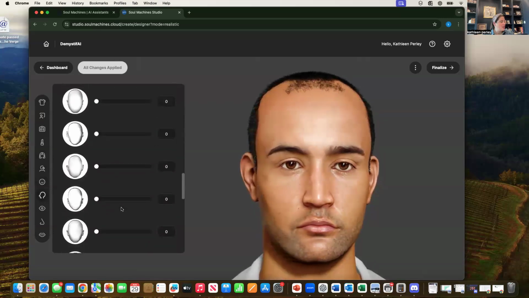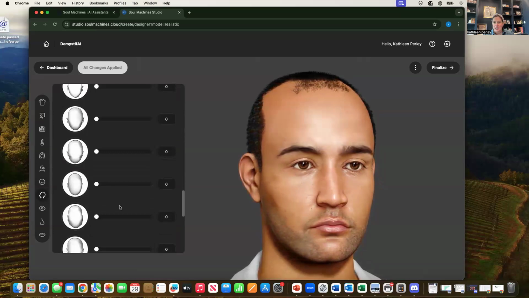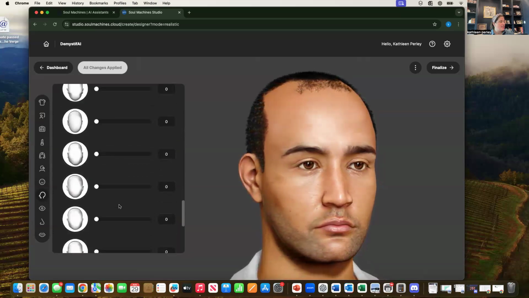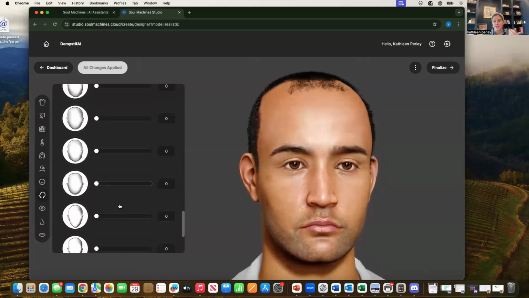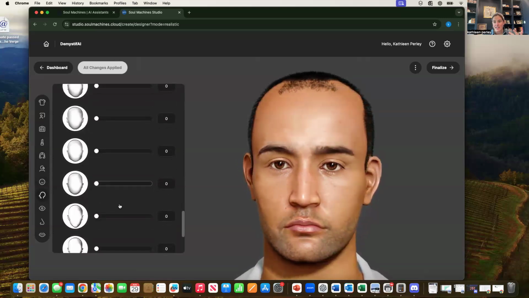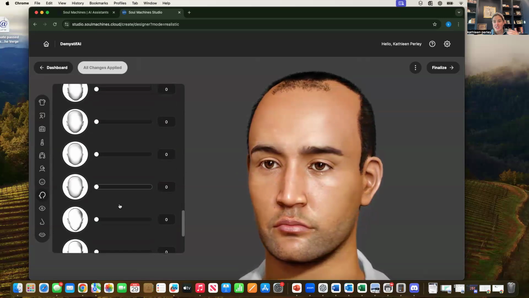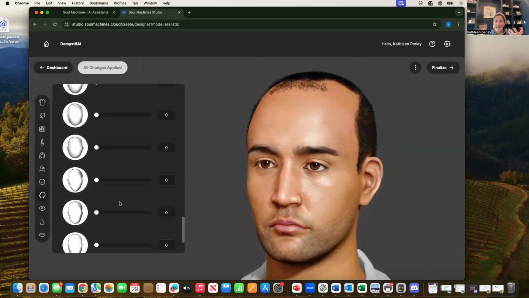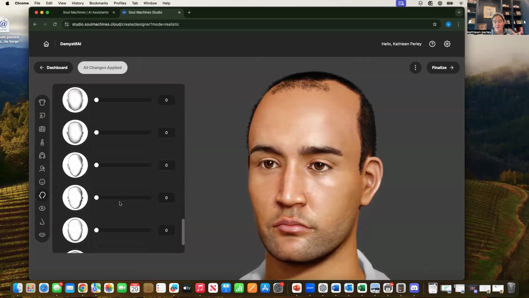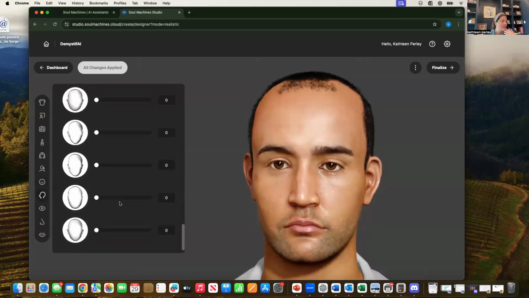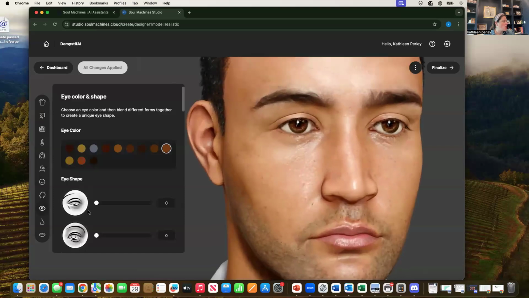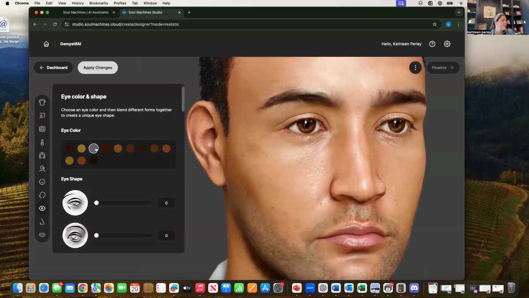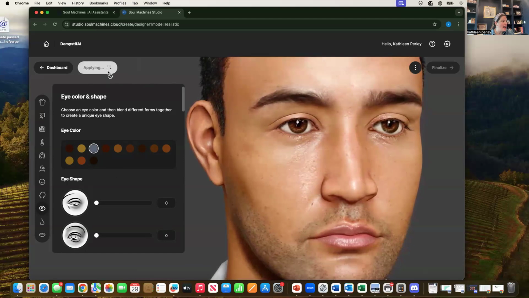When we think about humans, our heads are all shaped differently. The interesting thing is that you've heard the speakers and the CEO talk about the technology, and he really refers to it as digital DNA. With DNA, there are so many endless combinations that come together, and he really brings us to life in this tool. So you have the ability to change eye color and eye shape. If we want to give him more of a bluish-gray eye,